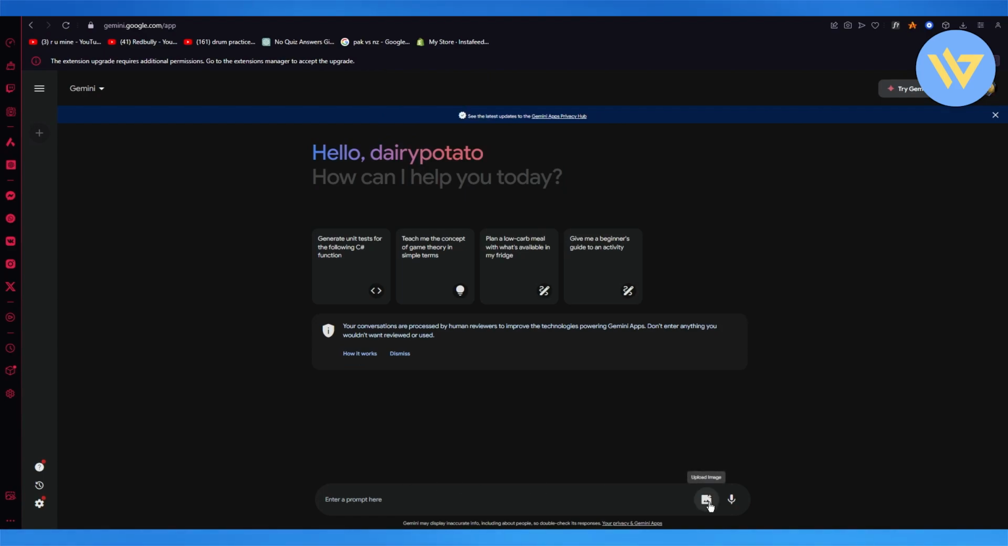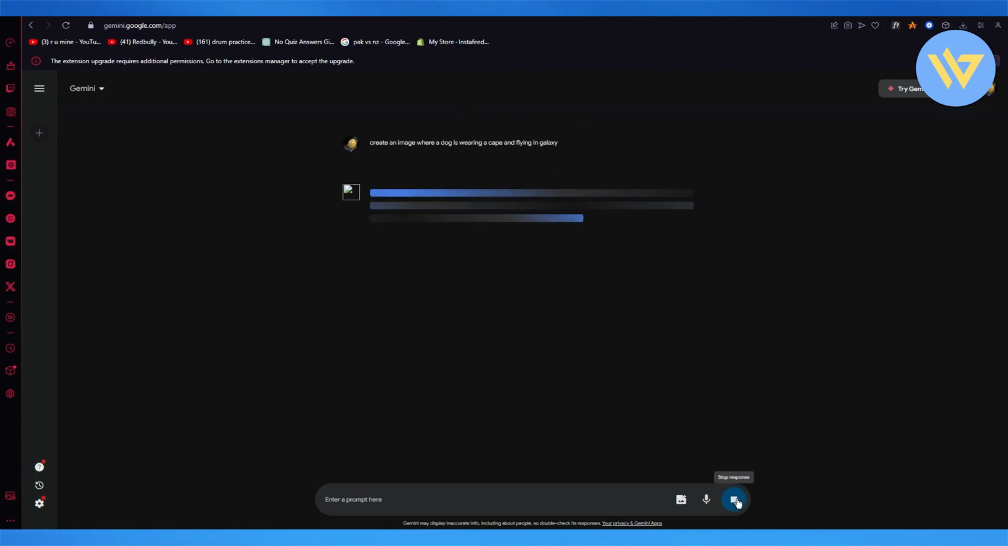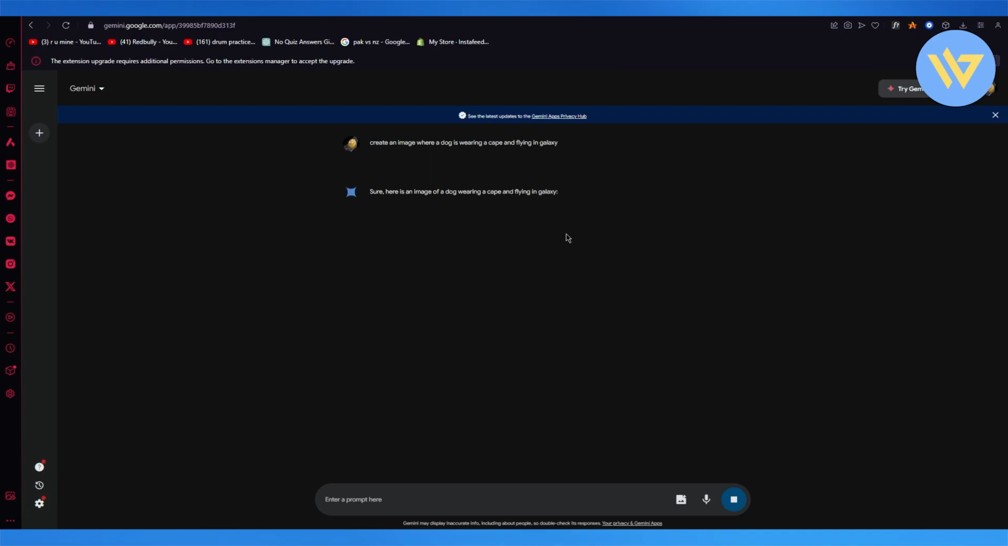Now, if you wanted to create an image, you're going to write: create an image where a dog is wearing a cape and flying in the galaxy. You're going to add a prompt like this, click on submit, and wait for it to give you an image. And as you can see, it says, sure, here is an image of a dog wearing a cape